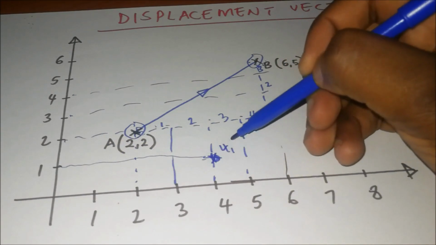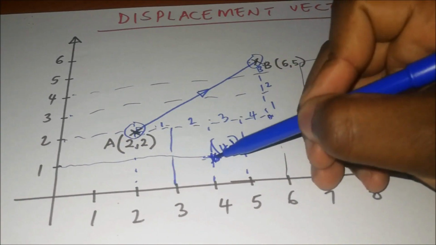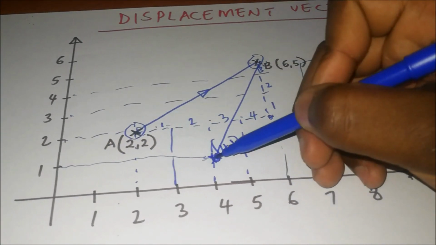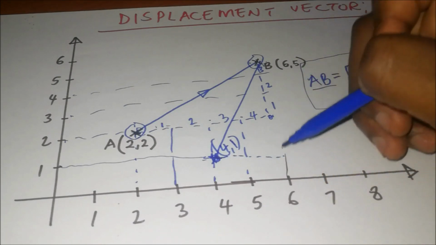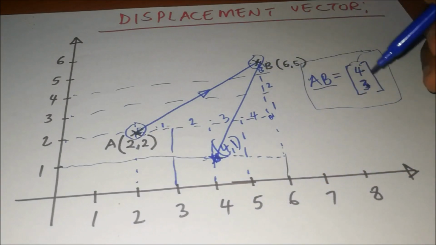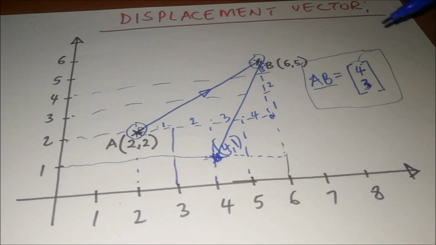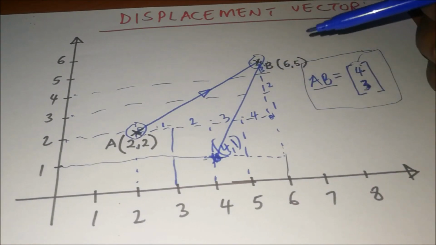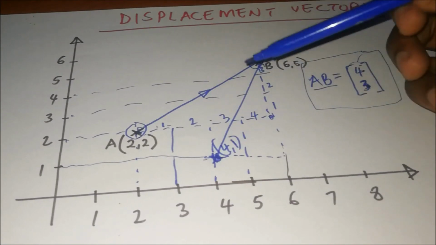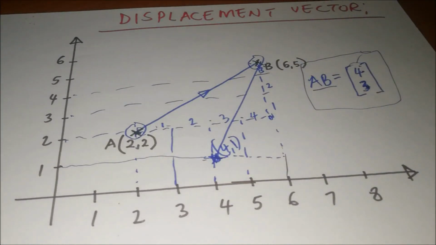This is point 4, 1 to B. So I would simply find the number of steps in the x direction, then the number of steps in the y direction, and I would come up with my displacement vector in column form. That would be a displacement vector. It's showing the displacement from one point to another, from a specific point. So in other words, when we're talking about a displacement vector, we are simply talking about a displacement from a specific